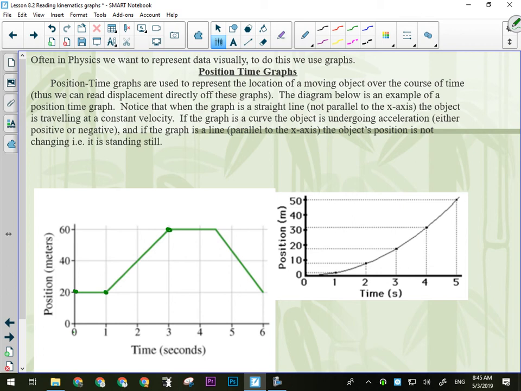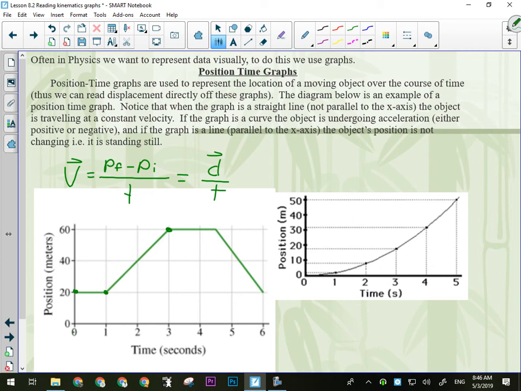Here's a position versus time graph. What's happening in this graph? Or tell me what's happening in part A, in part B, in part C, and you'd have to explain that. So in this part here, we're traveling at a constant velocity, and that constant velocity can be calculated. If I want to calculate velocity off of a position versus time graph, I take the final position, and I subtract the initial position, and I divide by time. Because what does this calculate? Change in position, which is